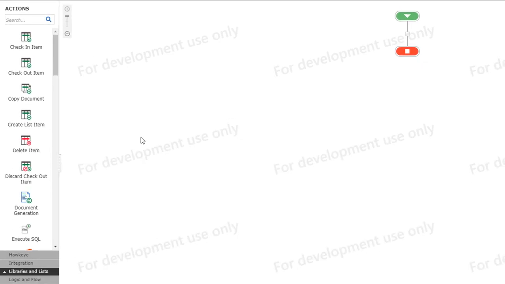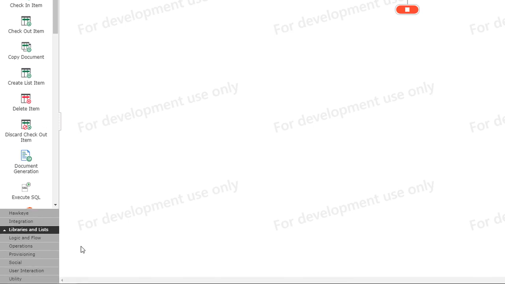On the left-hand side, we have our actions pane too. Our actions pane has some common actions that you already use or have been used predominantly within your environment, and then also are broken down into different sections such as Nintex Hawkeye, integration, logic and flow, provisioning, social, user interaction, or utility. Now, I can go and open up any of these sections to take a look at the actions